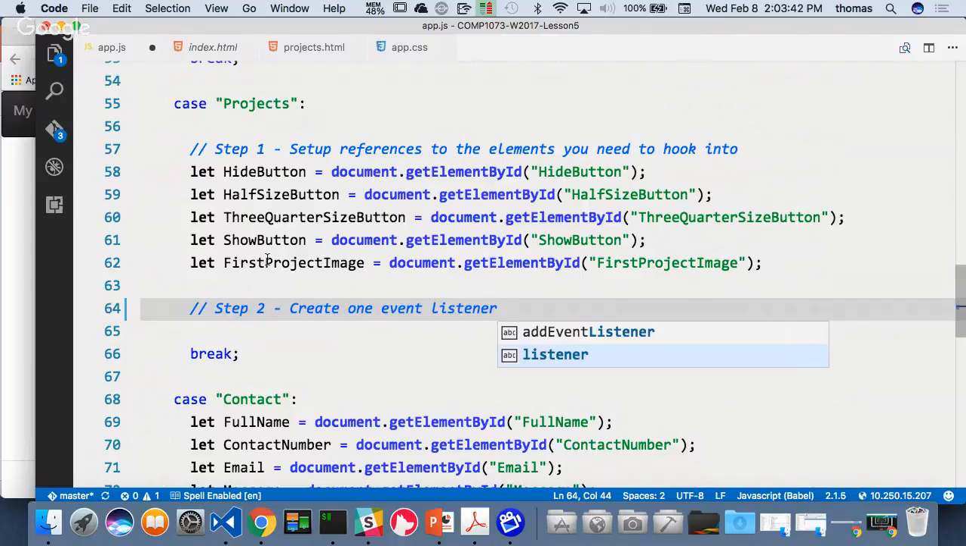No, I can't do that. Here's another problem. I have all these buttons on the screen: hide button, half size button, 3/4 size button, show button, all these things right here, right? I have all these objects, right? And